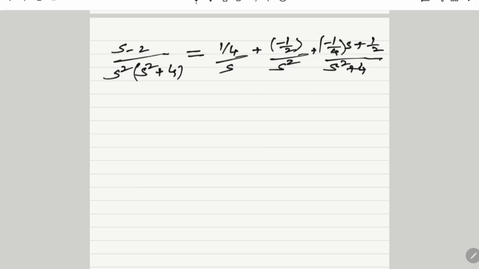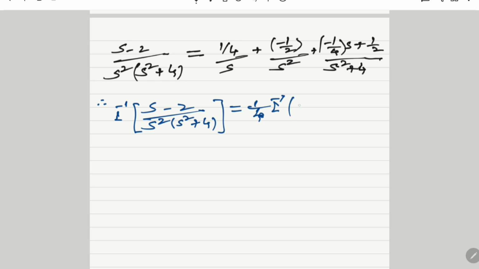Taking inverse on both sides, therefore inverse Laplace of (s minus 2) whole divided by s square into (s square plus 4) is equal to 1 by 4, constant term outside, inverse Laplace of first term 1 by s, minus 1 by 2 inverse Laplace of 1 by s square, then